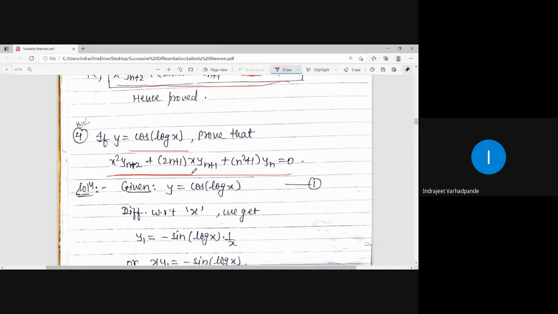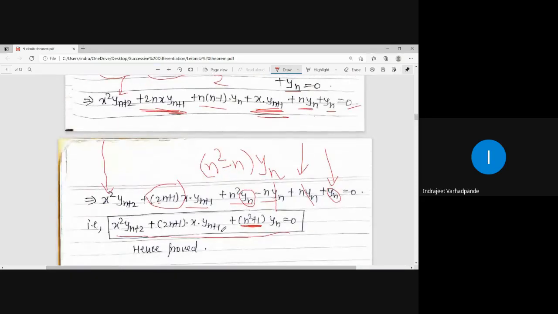We do not have the statement for y1 and y2. So we have to be very cautious in writing down that statement, because using the statement of y1 and y2, only this statement will be generated. One thing you must remember: yn plus 2 and yn plus 1 will be obtained only if you have the statement for y2 and y1. Because having the statement for y2 and y1, applying the Leibniz theorem and differentiating n times will give you the statement for yn plus 1 and yn plus 2. Is this concept clear to all? Yes, sir.